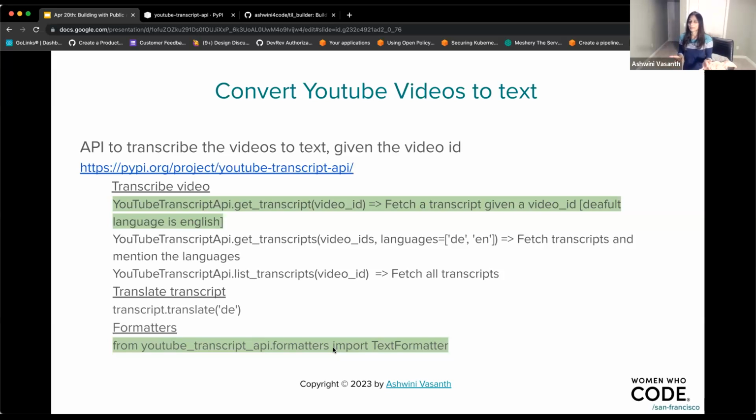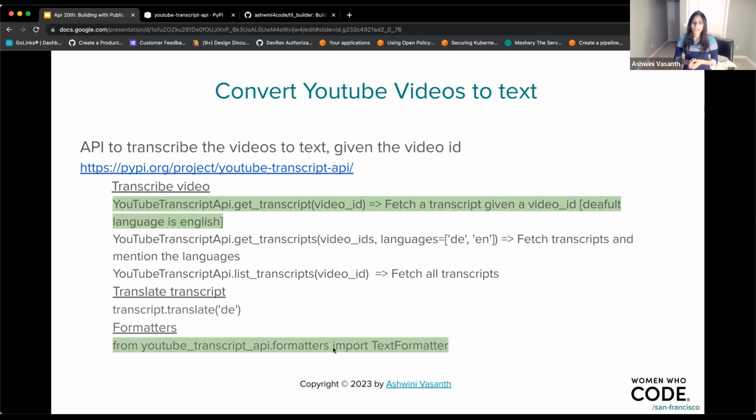What was our problem statement? We just have to transcribe videos into text. For my problem statement, I only worried about text in English, and I'm also just wanting it to be formatted as text. So based on those two, I wouldn't want to go with an API which is able to output multiple languages.